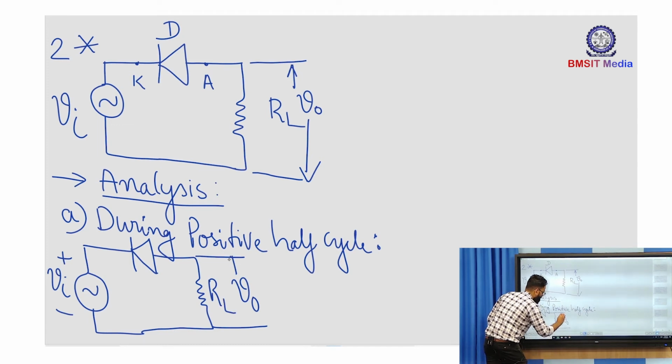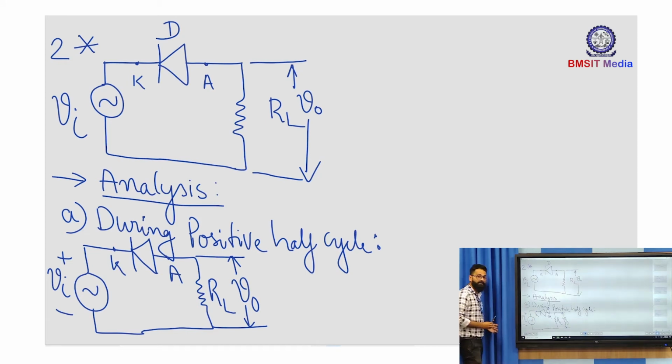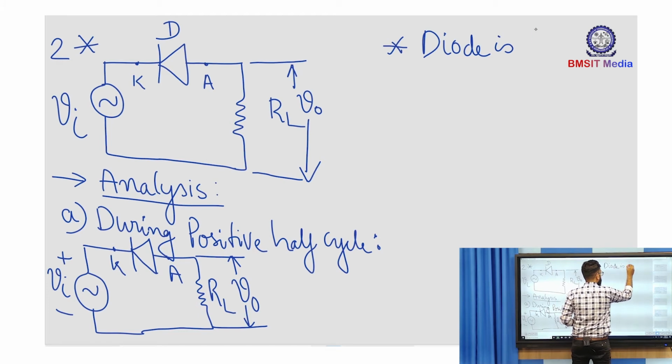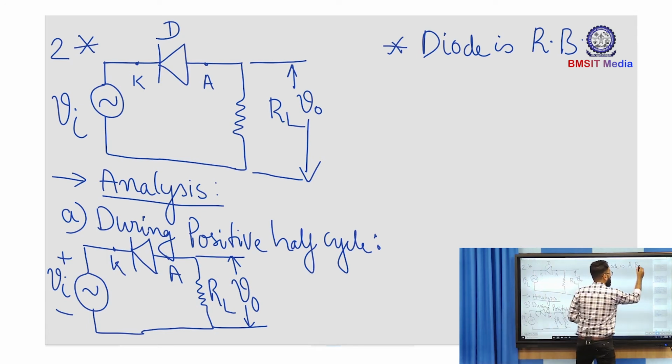This is the load resistor RL. Okay. And this is the cathode, and this terminal is the anode terminal. As you can clearly observe, the cathode terminal is getting connected to the positive terminal of the source. So whenever the cathode is connected to the positive terminal of the source, we say that the diode is reverse biased. So the diode is reverse biased, in short RB. RB stands for reverse biased, and due to which,